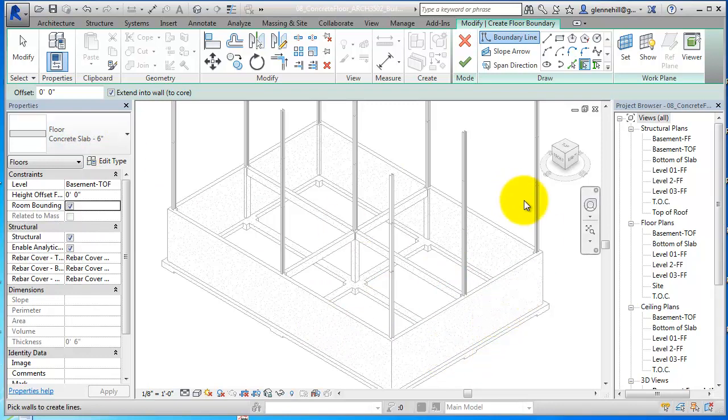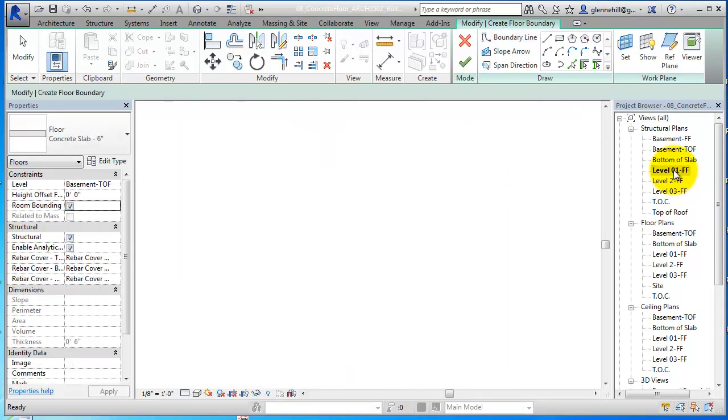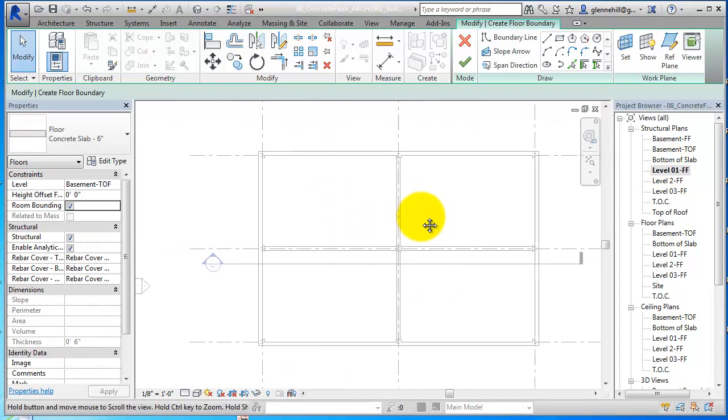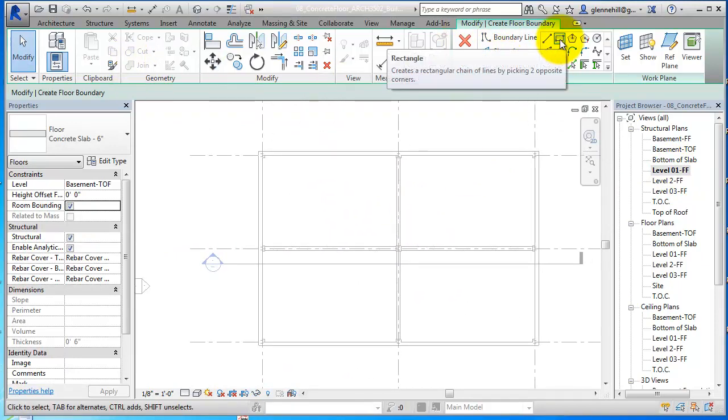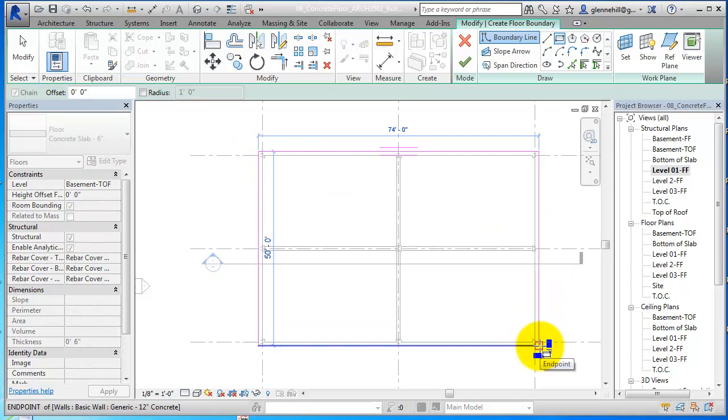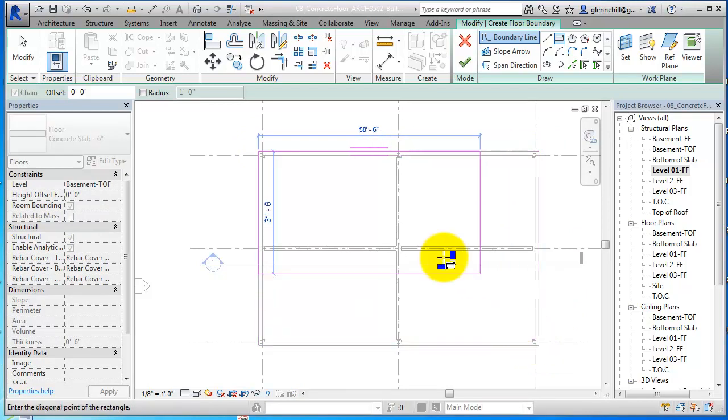So here, let's just do it then. We're going to go into level 1, structural plan, bring that up, and it's grayed out because we're in the slab view. And I'm just going to make a rectangle here, and I'm going to go from here and drag it out and go from here. Now, before I do that, what I need to check, which I didn't, I'm going to escape real quick out of that,